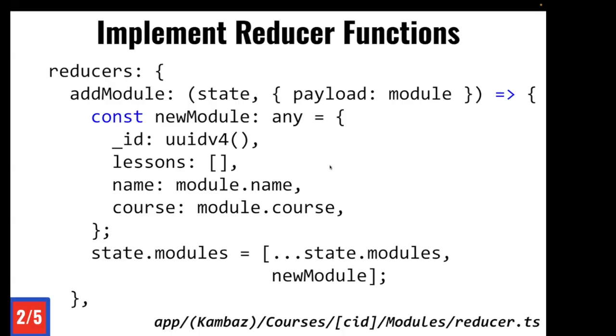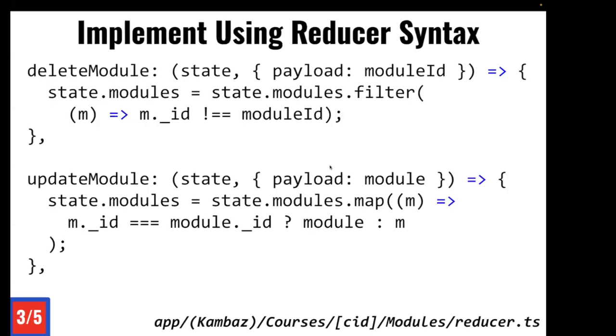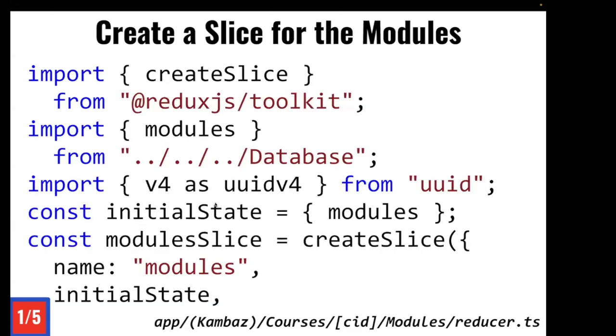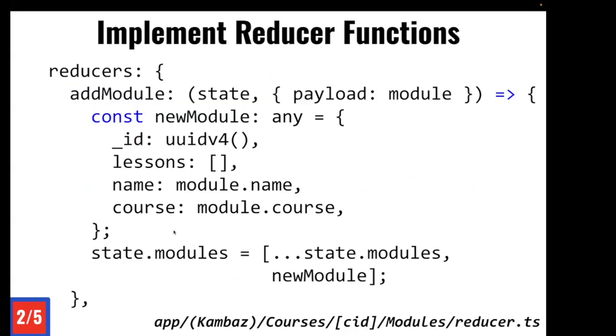Okay. So these functions, the add module, delete module, update module, are the same logic implementation that we already had implemented in the modules page, but obviously the syntax is slightly different. Instead of pushing or appending to an array and whatnot, it's slightly different. We don't have setter functions. Instead, we update the local data structure, in this case this modules property that contains the array of modules. We can update it by